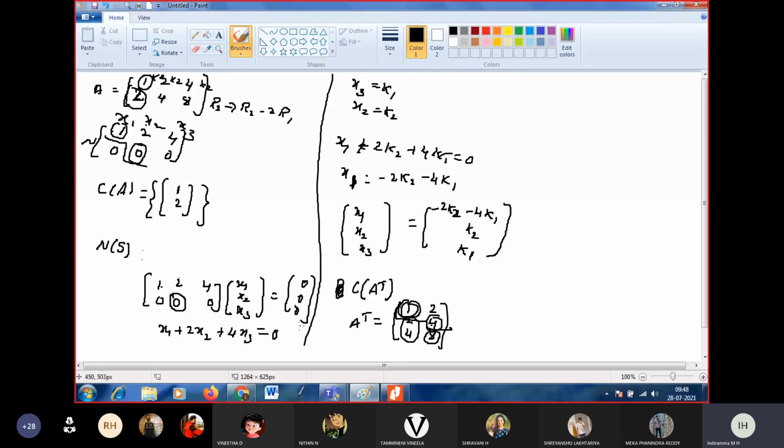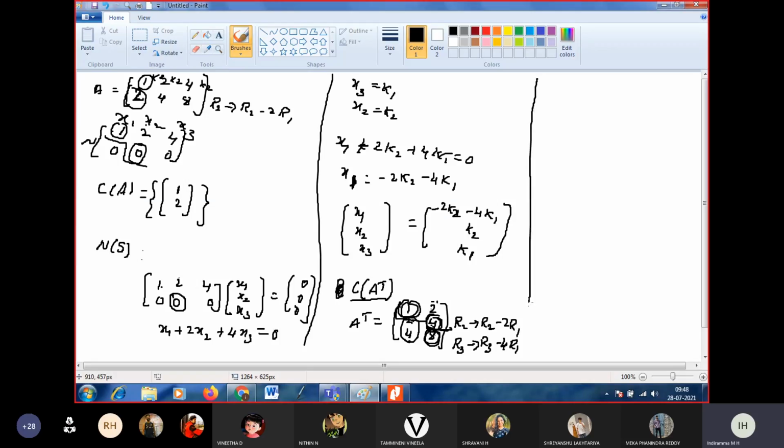So for that, I have written it in equation form as it is. So next, make these two 0. Next, this element should be the second pivot element if it is not 0. To find just the column space, there is no need to make the entries above the pivot element 0. Okay, I will continue here. Make these two elements 0. So R2 changed as R2 minus 2R1. R3 changed as R3 minus 4R1.